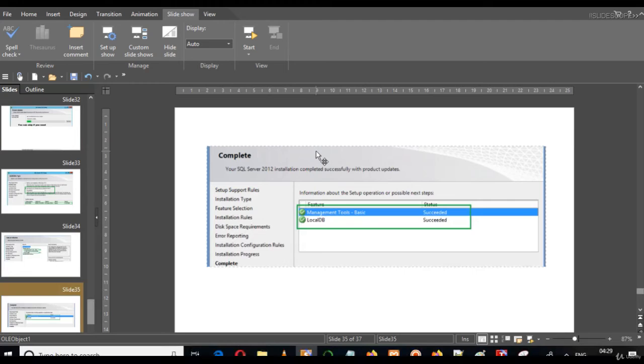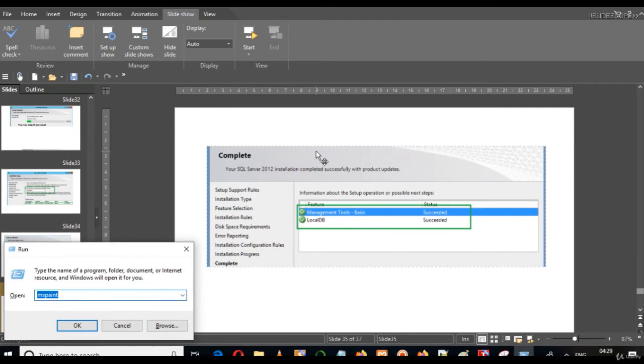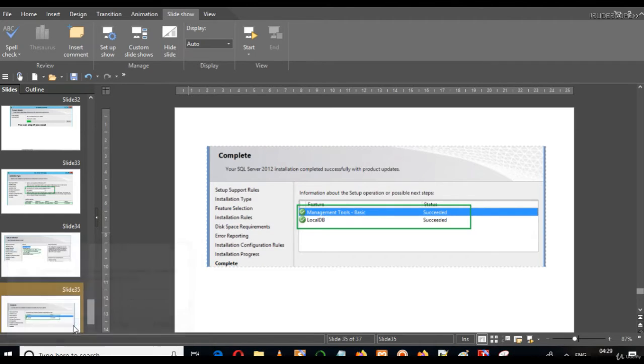After this installation is complete, open Run. The shortcut to open Run is Windows plus R, and in Run type SSMS, that is SQL Server Management Studio. Type SSMS and hit enter. Wait for some time and you will be able to see the login window of SQL Server Management Studio.